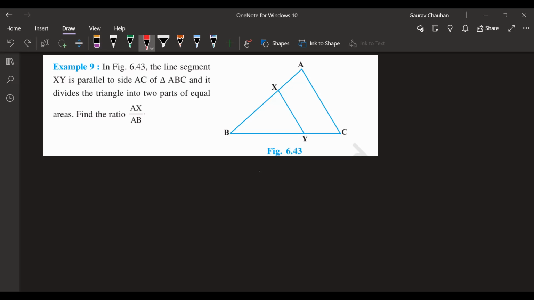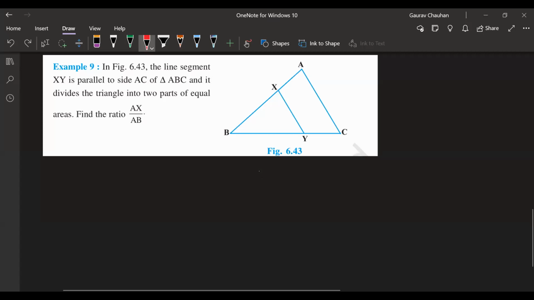Nishchay? Sir, we know that the areas of the triangles are equal. Which theorem, two triangles are equal? Not triangles, sir. This triangle and this quadrilateral, no? Yeah, sir. Okay. Not getting it? It's fine. It's a little different kind of question.